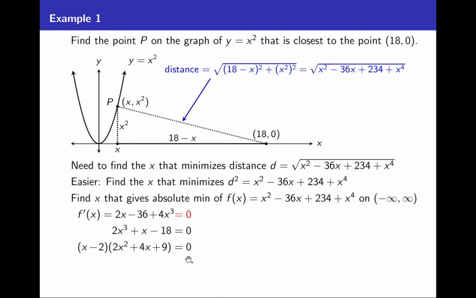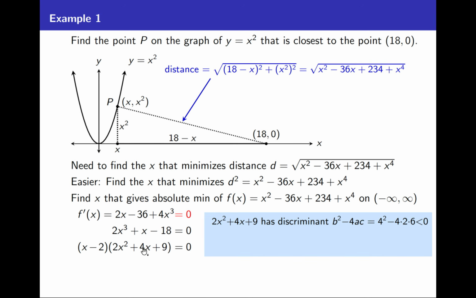this product equals 0. And right there you can see you're picking up a critical point of 2 from this factor, and maybe this other factor will factor further, will be equal to 0, and would give you another critical point, so you need to examine that. You'd have a hard time factoring 2x squared plus 4x plus 9, so then you might turn to the quadratic